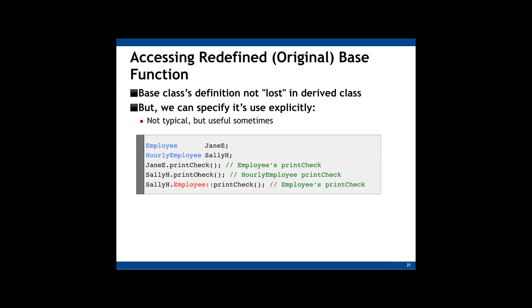So two different member functions will be called here. But sometimes you may want to invoke the parent member functions from the derived class, like this example. So here, this is a derived class's object, but using this syntax, the base class name with this scope resolution operator, you can call the base class's member functions using this derived